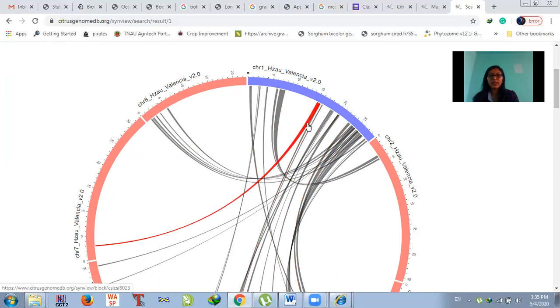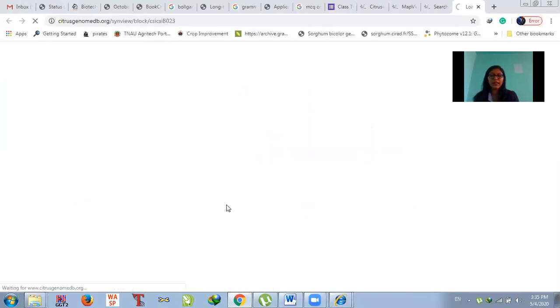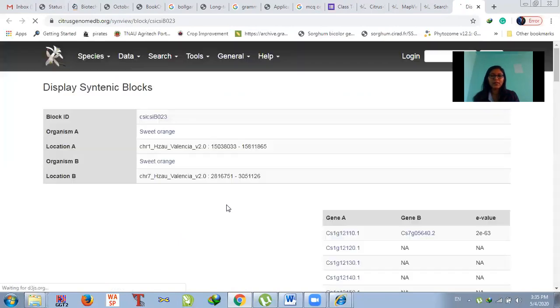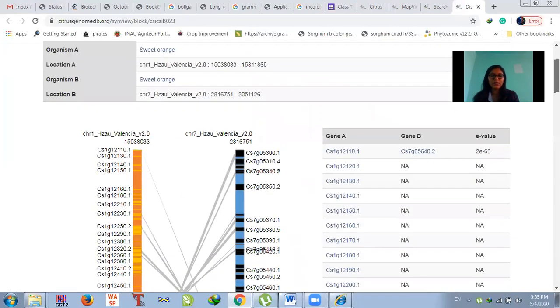This gray colored line, you see, what does it suggest? Whatever sequence is present here, this same conserved sequence is also present on chromosome number 7 in the same species. If you click on this gray line, you get the tabular view of this synteny analysis.